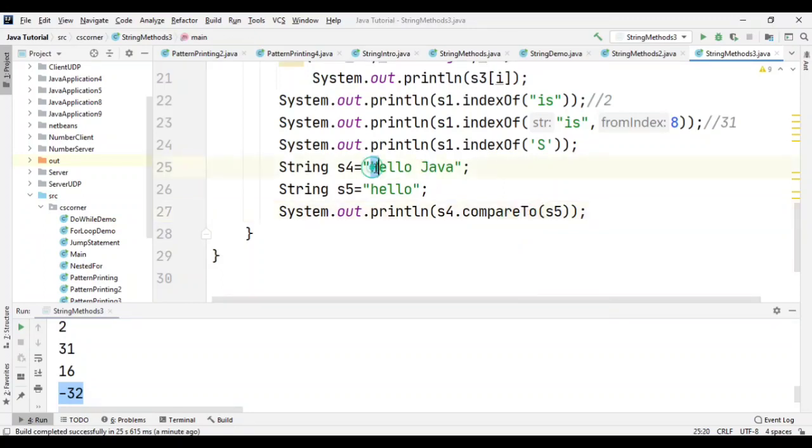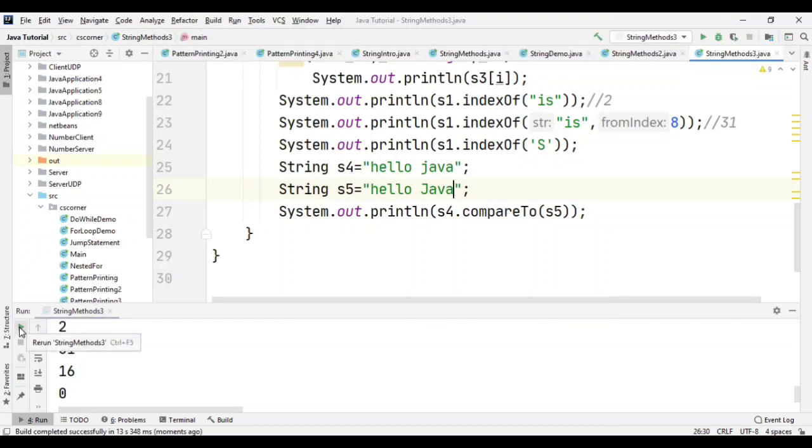If I write this in small letter and if I remove this Java, I should get what? 0 as my value, because if it compares each and every character, they will be matching, and therefore I am going to get 0 in my output. You can see I am getting 0 in my output. So here I am adding small Java and here I am adding capital Java.